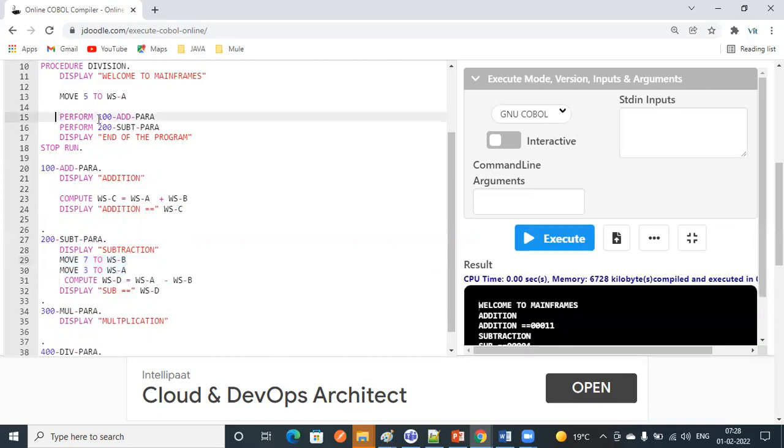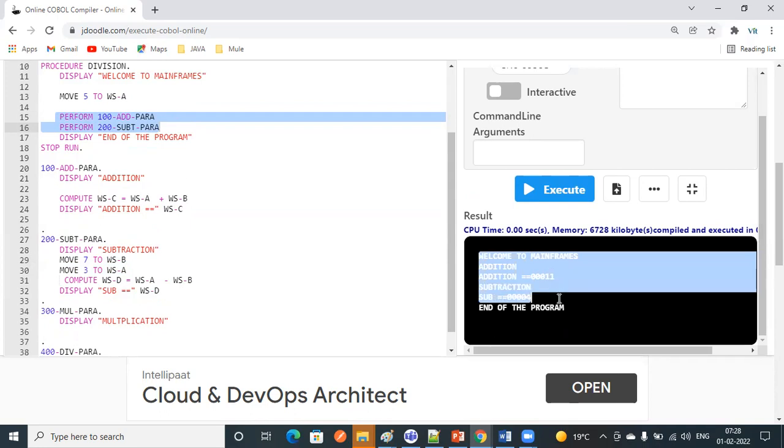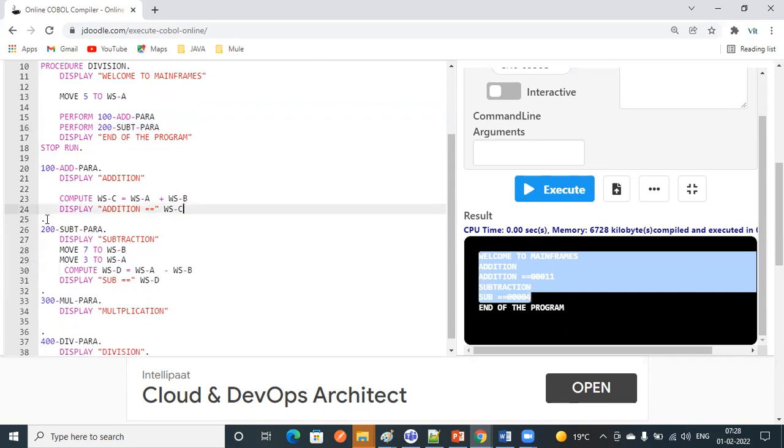So first 100 para will get executed, then 200 para will get executed. So if we see the logs, you can understand. Okay. Go to mainframes. First addition is performed, then subtraction is performed. So the rest of the two paragraphs are not executed because we are not calling those paragraphs. We are not using. Okay.